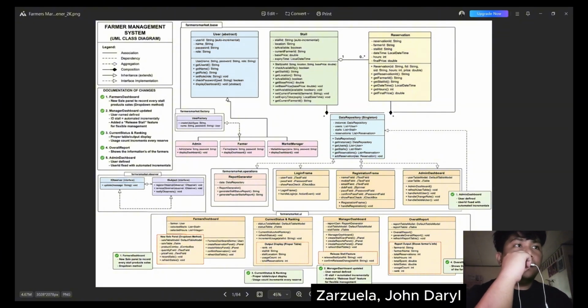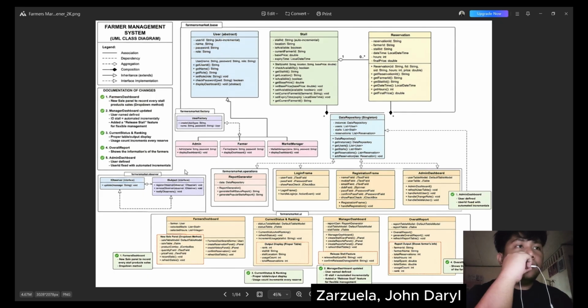For the observer classes, including the IObserver, ISubject, and the reservation notifier, these classes are used for the notification system. Their purpose is to send updates or messages whenever reservation-related events occur. For example, the system can notify users when a stall has been reserved, released, or updated.